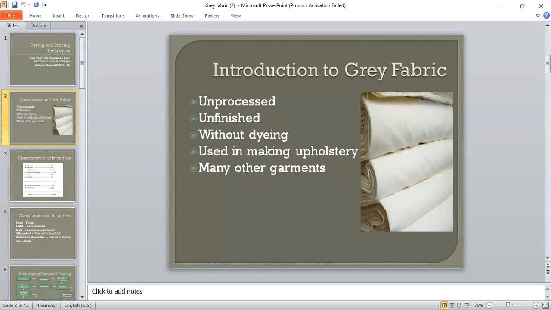Gray fabric is not about the color. This is the unprocessed and unfinished fabric, which is without dyeing, and it is further used in making upholstery. When it is completely finished and processed, then it is further used for making upholstery, fabrics, and also many